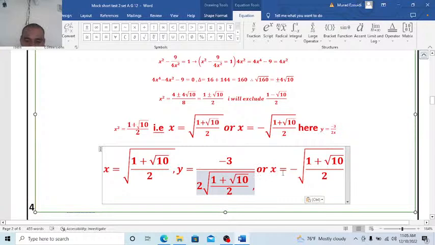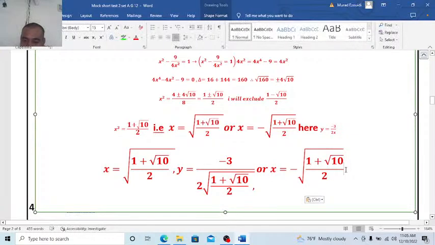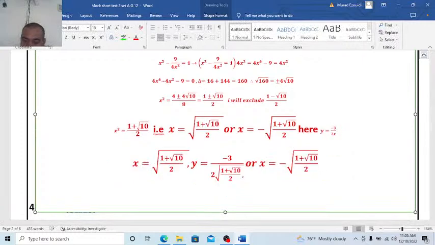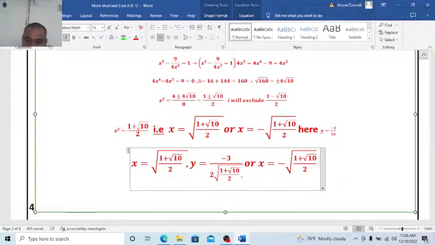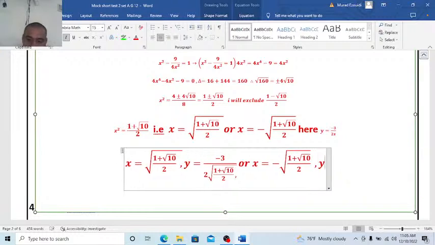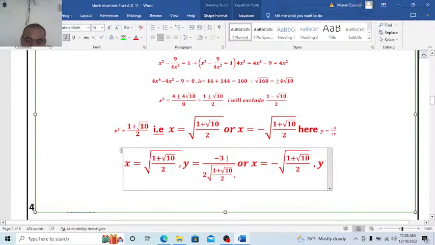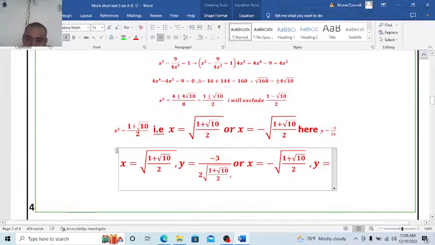Now, if x equals this, therefore y is equal to what? I will use a fraction, and here negative divided by negative is,